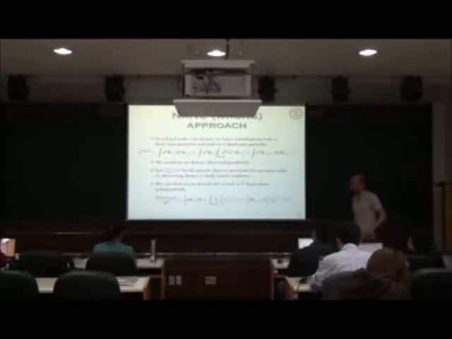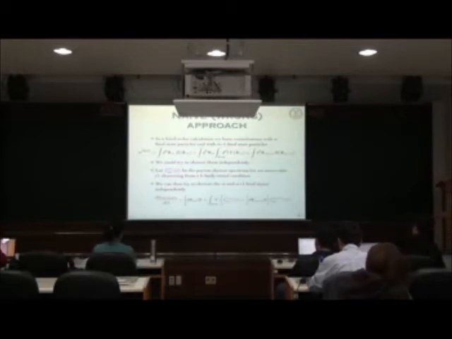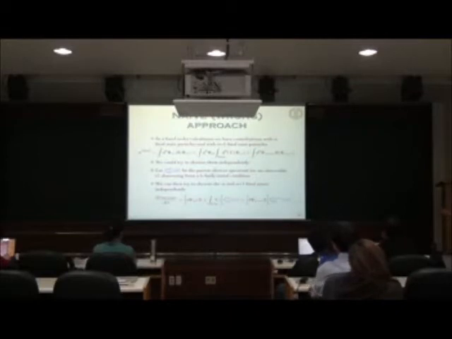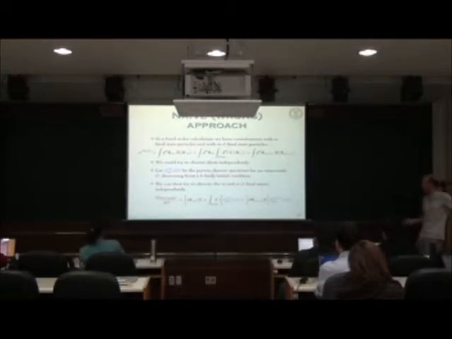So let's start. In a fixed order calculation, we have contributions from the n and the n plus 1 particle phase spaces, so basically this equation here. Right? I suppress the subtraction terms, but they are there to cancel the singularity. So what we could do is just shower them independently. We could say, well, this is all n particle phase space, and this is n plus 1 particle phase space. So if we just use what is coming out of this equation here and what is coming out of this equation here, and just shower it,